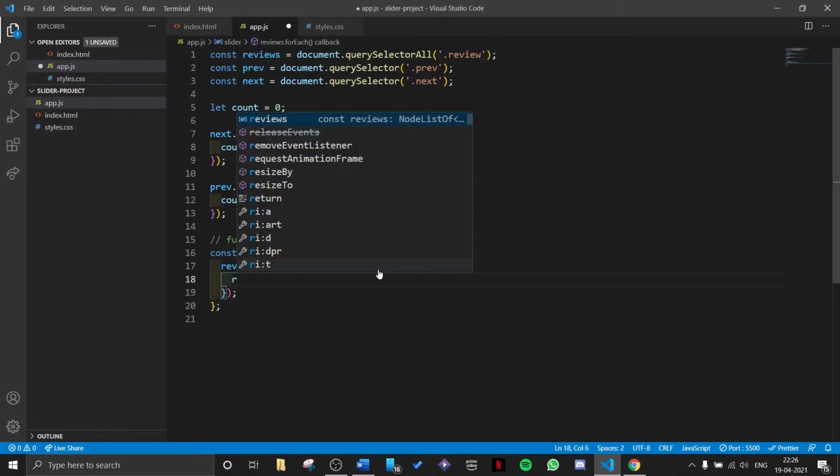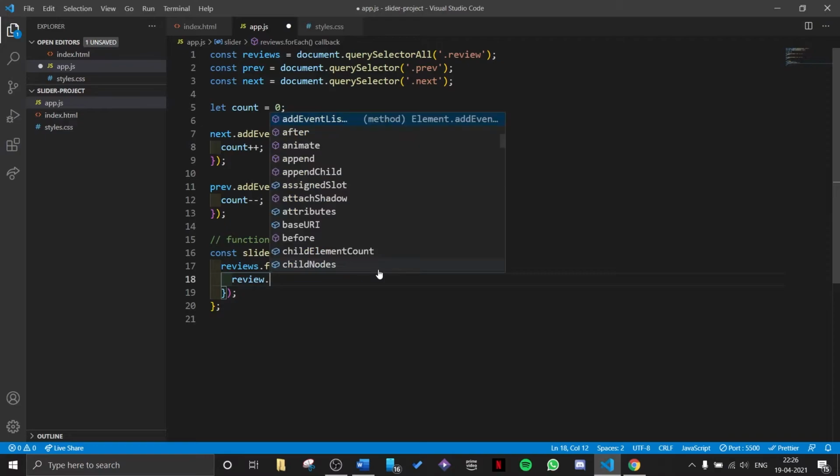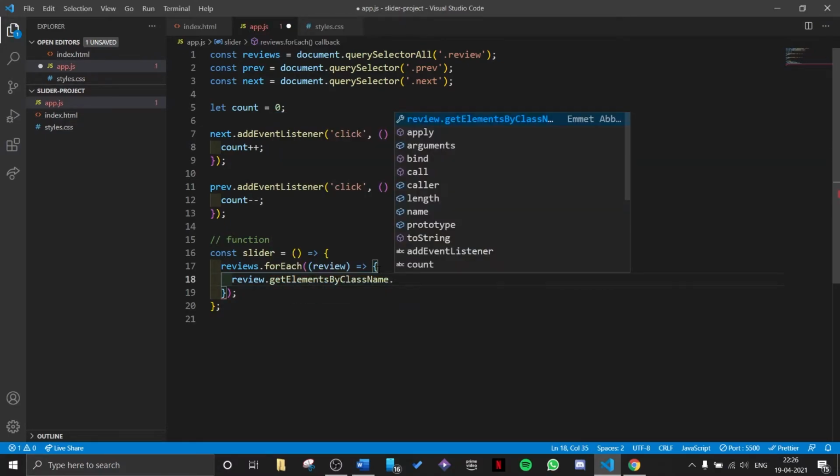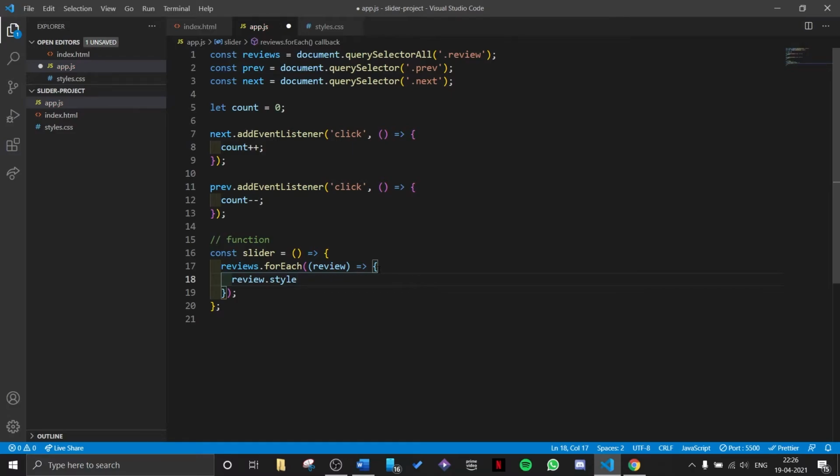So we will select the item and then the style property, which will let us implement CSS in JavaScript, and we will use transform. The value will be in a template literal because we want to put a variable inside a string.